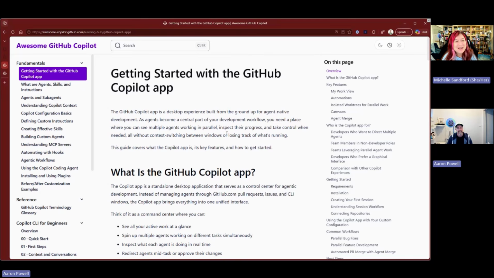And this is great because I was looking for a Microsoft Learn path for the GitHub Copilot app the other day, and I couldn't find one. But this is what I'm looking for, right? You have started this here in the Awesome Copilot site. Yep. And yes, that's perfect. Yes, exactly. Perfect. So we've just started documenting the high level information around what it is.